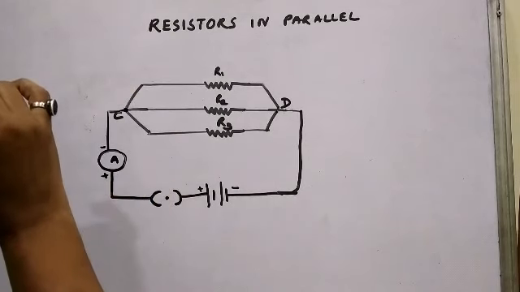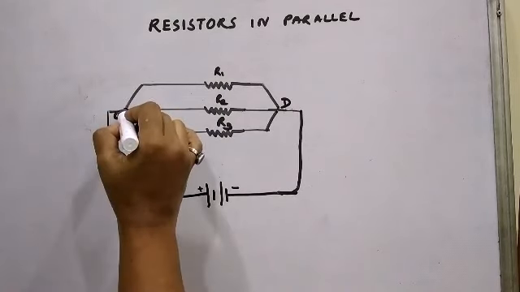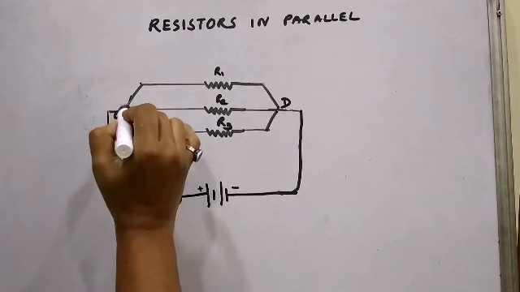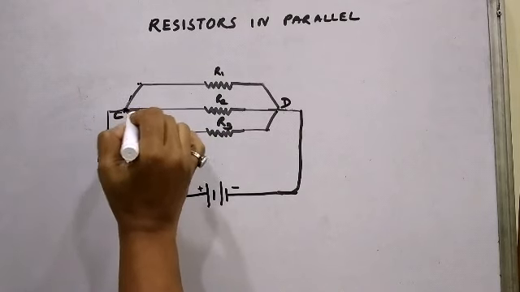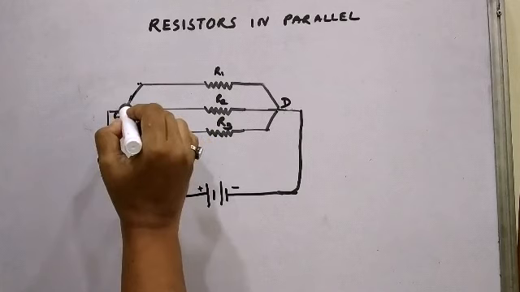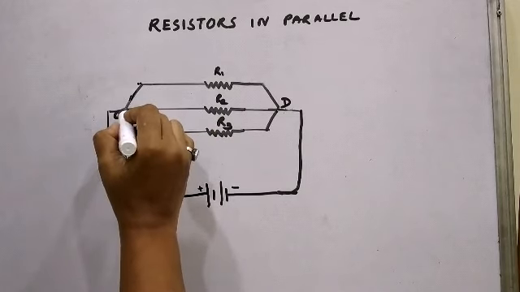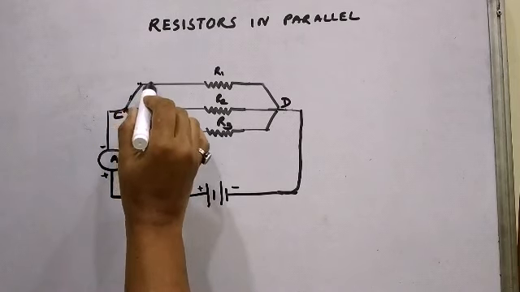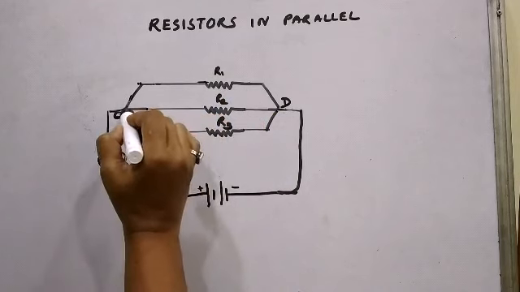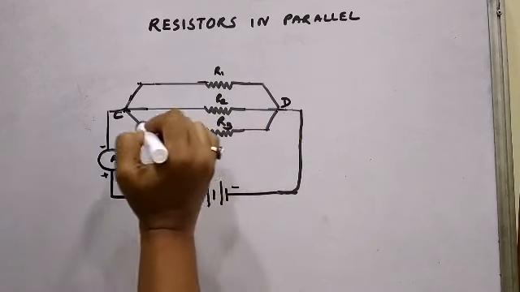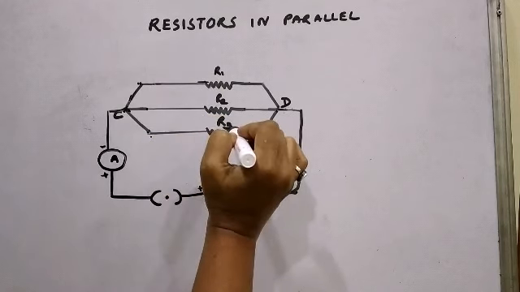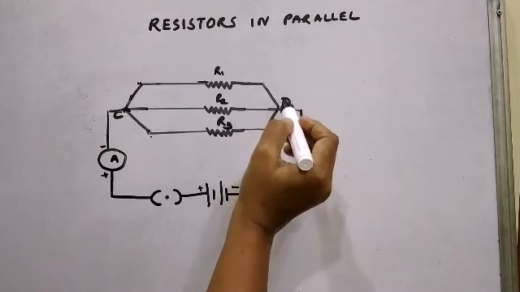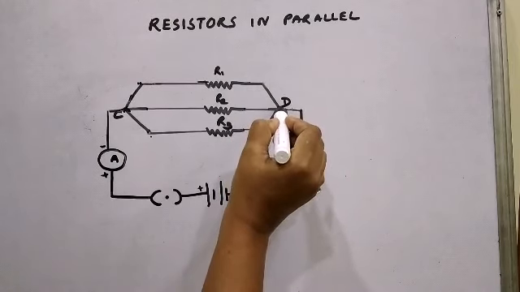Now what will happen when the current reaches point C? The path of the current will get bifurcated, because here you can see at point C there is a breakage of the points, that is, the path is getting diverted or divided. So what will happen to the current? The current will get bifurcated. Some current will flow from point C to the resistance R1, some of the current will flow from point C to the resistance R2, some of the current will flow from point C to the resistance R3, and finally all these three paths once again meet at one point D, so once again the current will get added up.